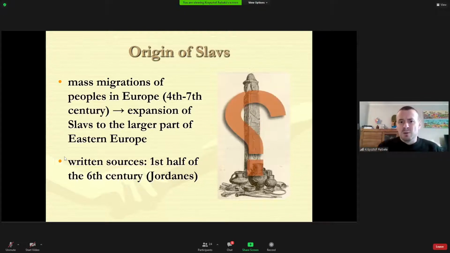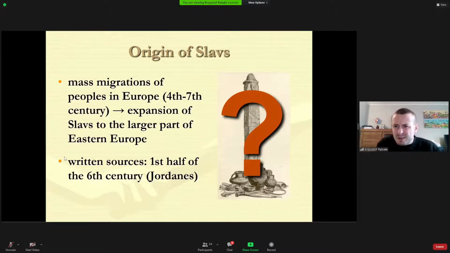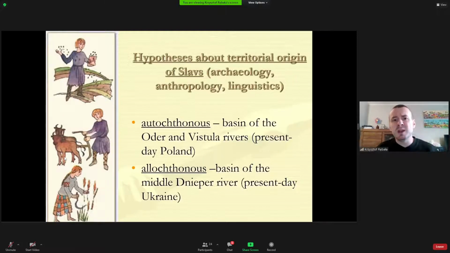Okay, so because of lack of written sources about origin of Slavs, actually it's not known where the Slavs exactly came from, because suddenly they spread to the vast part of the continent, but nobody knows where they came from exactly. Okay, so there are many hypotheses about territorial origin of Slavs based on archaeological studies, anthropological studies, and also linguistic studies. And the two theories which have gained the highest popularity among researchers are the